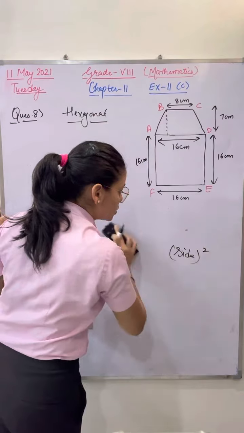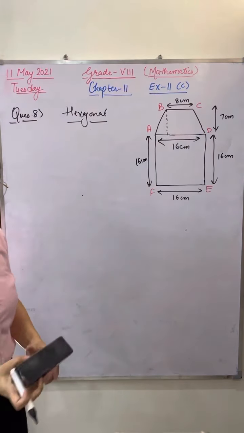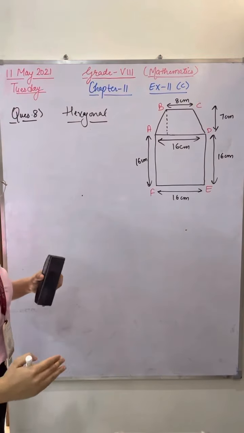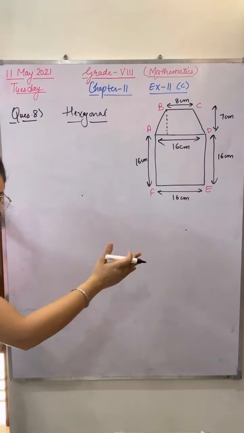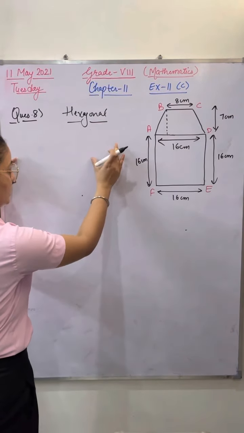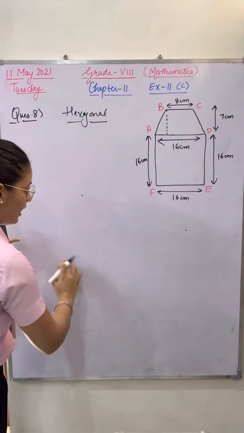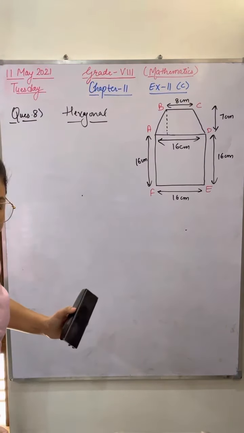In the PDF which I'm sending you, I have taken out the combined area. You can take out the combined area of trapezium plus area of square. You can write in this way, that is absolutely correct. Or you can write down one by one: area of trapezium, take out the answer, area of square, take out the answer, and then go for the addition. That is also absolutely correct.